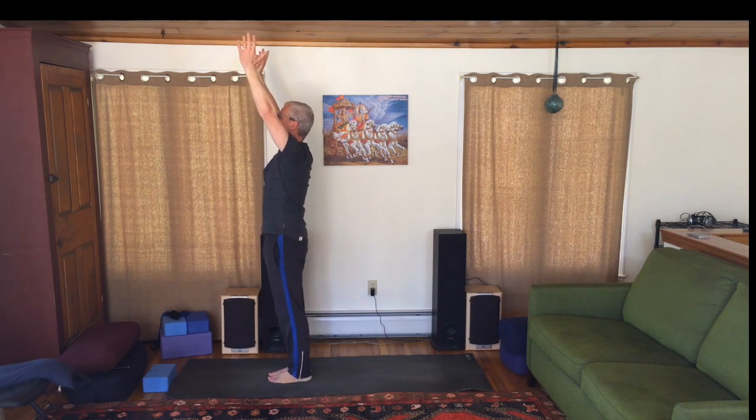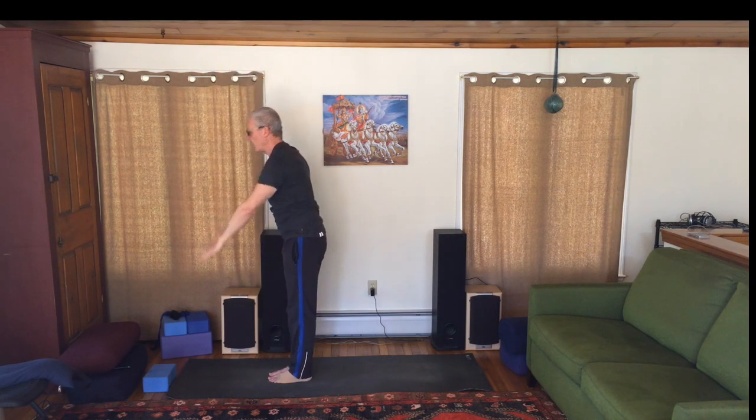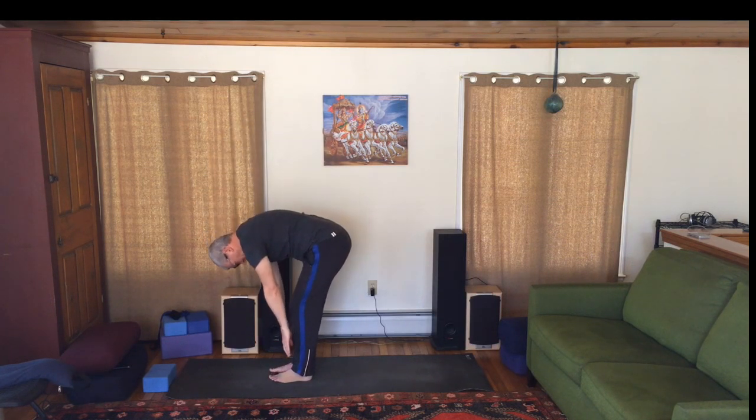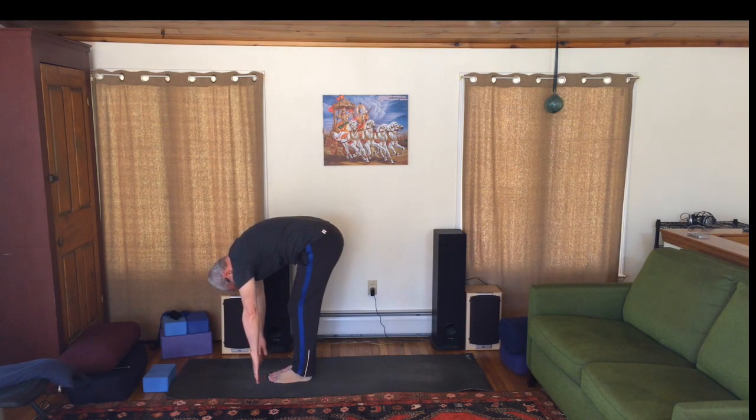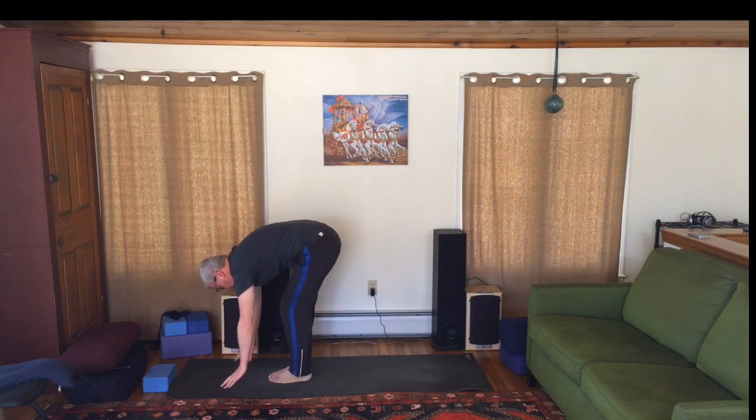Inhale, straighten the legs. Exhale, fold forward and down, all the way down. Let the arms relax, let the head and neck relax. Inhale, look forward a little bit. Exhale, step back